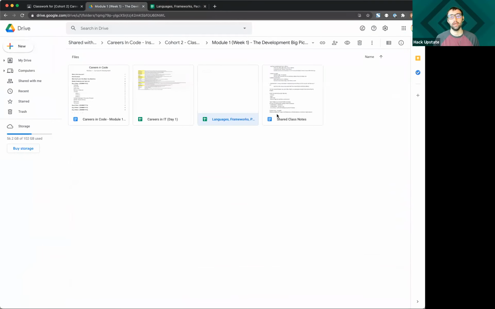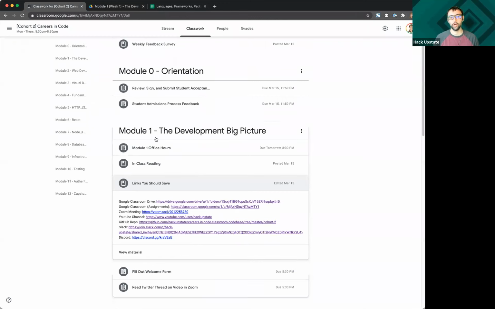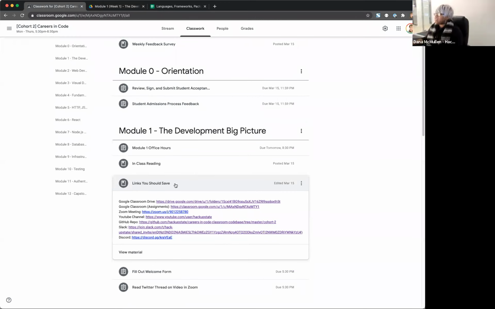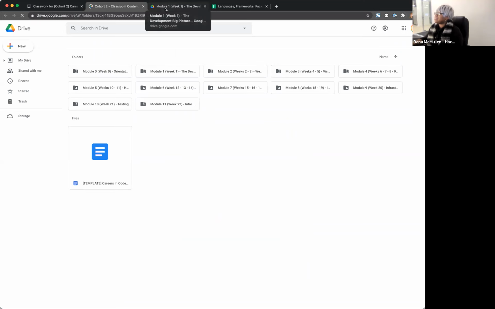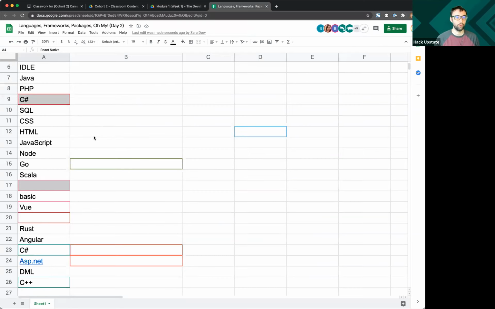If you go to the links you should save section. Oh, are you on the syllabus? No, let me go back to the classroom. Under module 1, there's a link you should save. And in there is the Google Classroom Drive. Thank you. Okay, I'm there now. And then module 1 from there, and then languages, frameworks, packages, oh my.